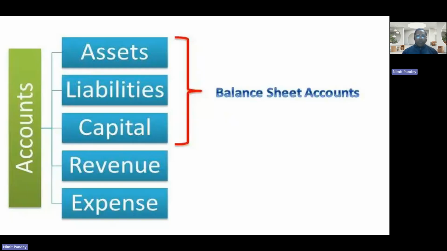So first of all, whenever we create a chart of accounts, many times the client asks us for verification or asks us for a particular GL category. There are mainly five categories of chart of accounts: assets, liabilities, capital, revenue, and expenses. Just learn that assets, liability, and capital are part of the balance sheet, and revenue and expense are part of the income statement.